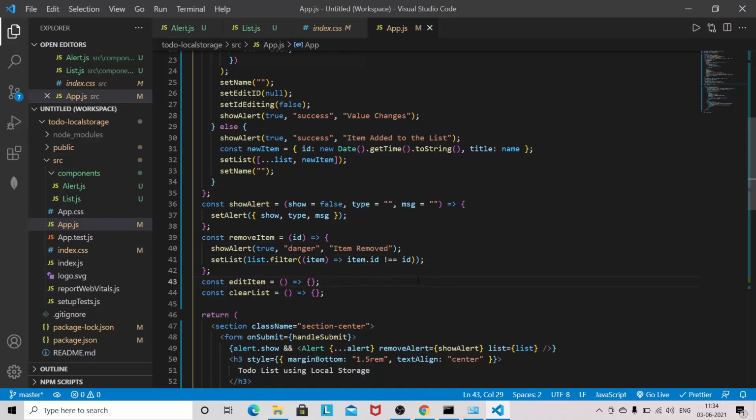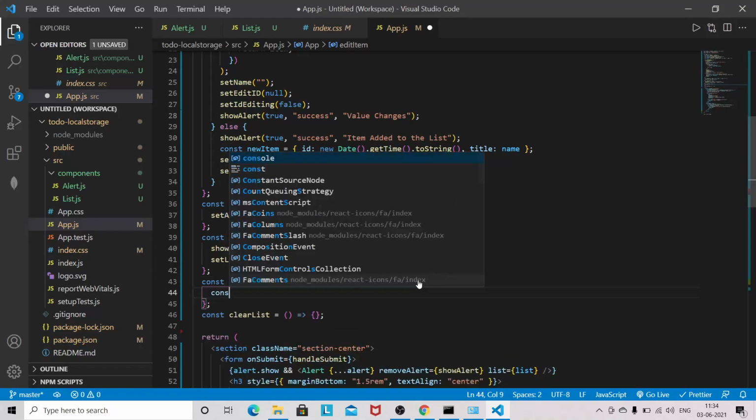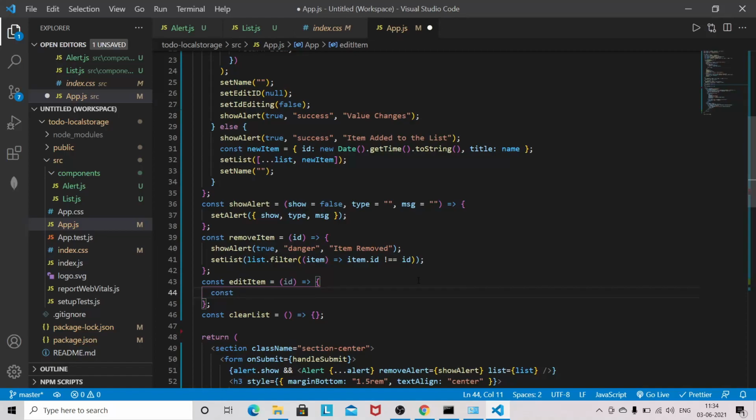Now we have to write the logic for editing the item. So again it will accept the id. const edit item.